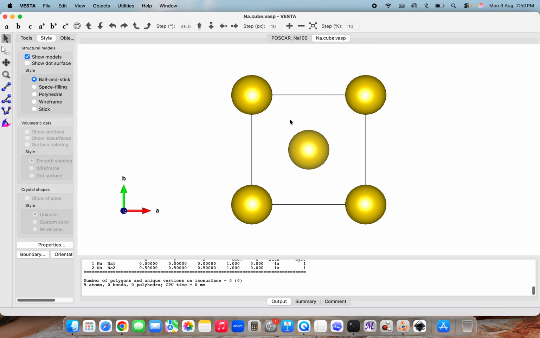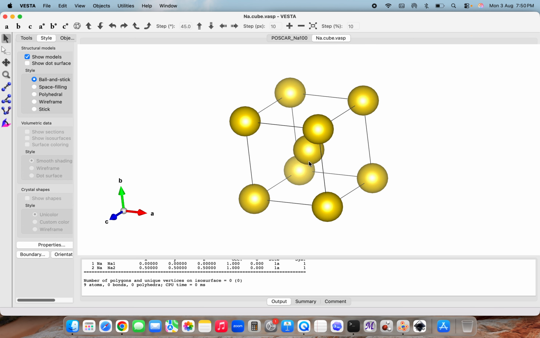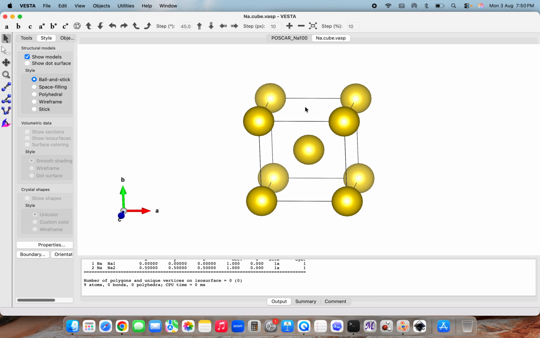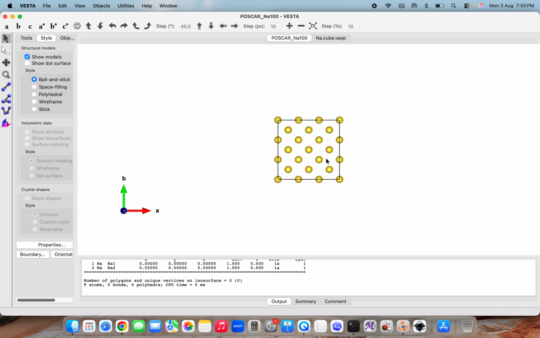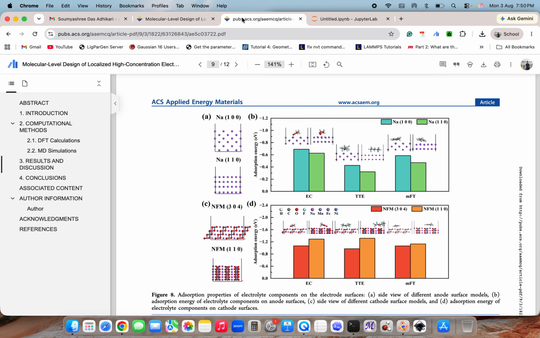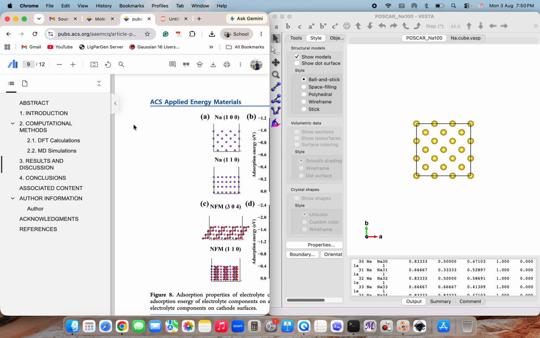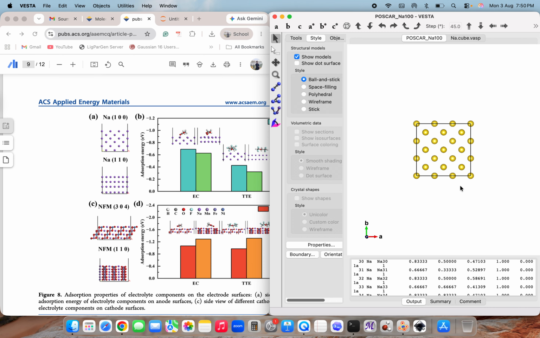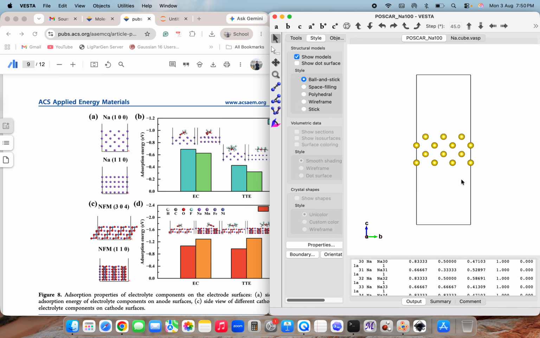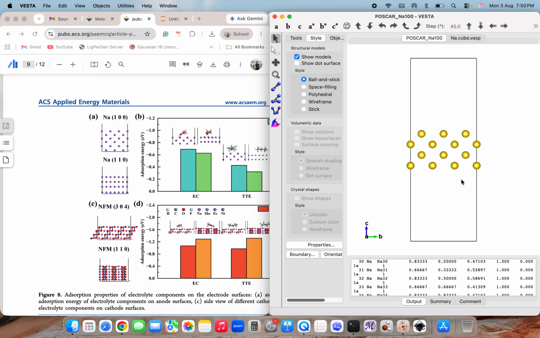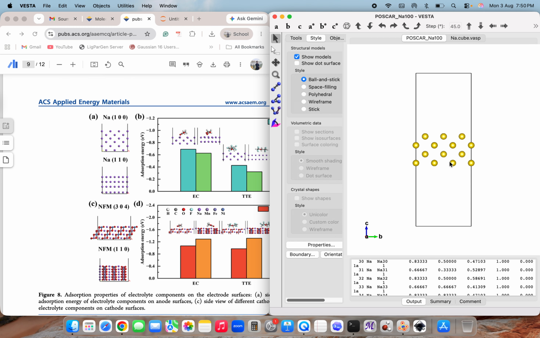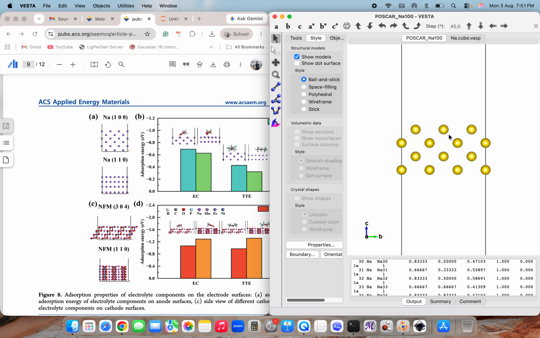So this is our bulk sodium structure, that is the BCC type, and now the slab that we have created is of this kind. I can show you side by side, and this is the article. Here you can check that as we have provided two layers, so this is one layer and this is the next layer. So we have got our slab something like this. This is our 100 slab,